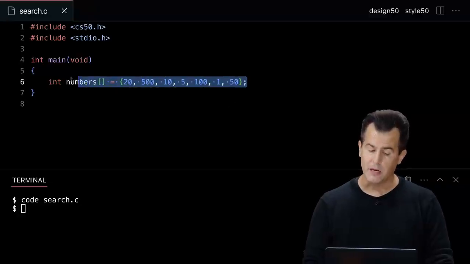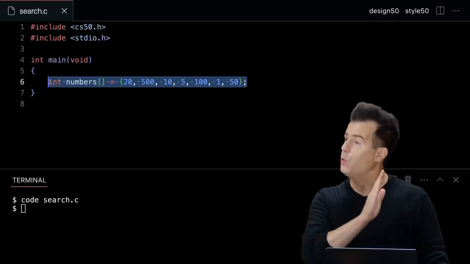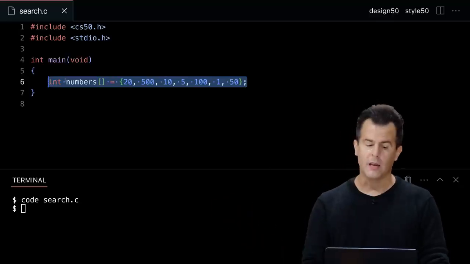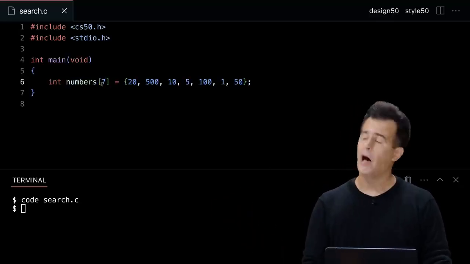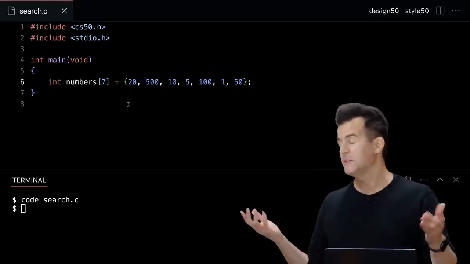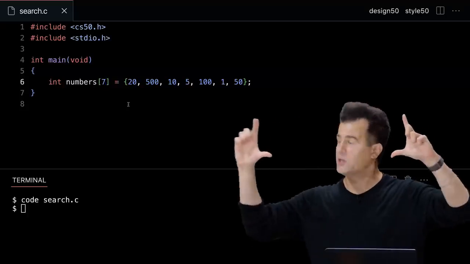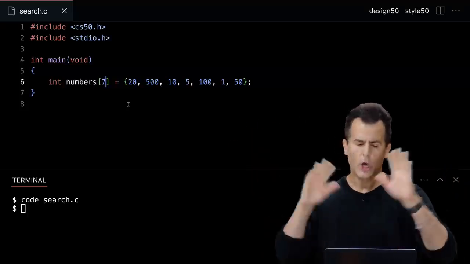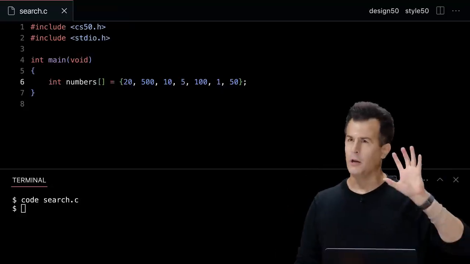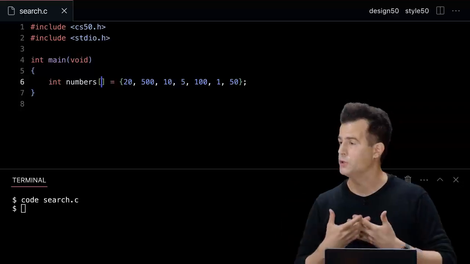It creates for me an array of size 7 and initializes it to that sequence of values from left to right. It is not strictly necessary to bother putting 7 there, and it's probably best not to, because the computer, specifically the compiler, will figure out how big the array should be based on what you typed inside of those curly braces. And you're just inviting a mistake if you put a number over here that's supposed to match the total over here. At some point, you're probably going to err.